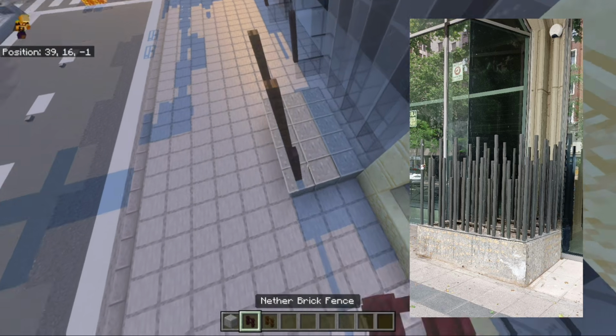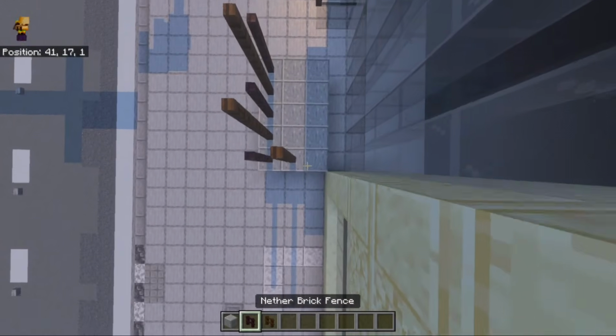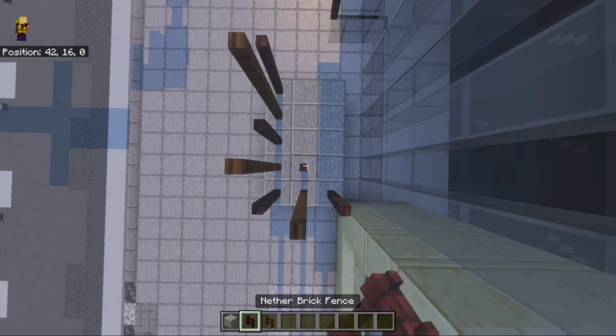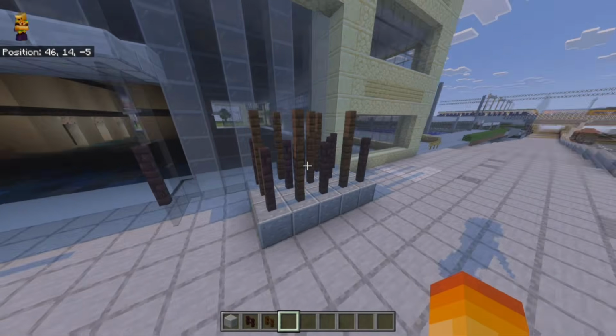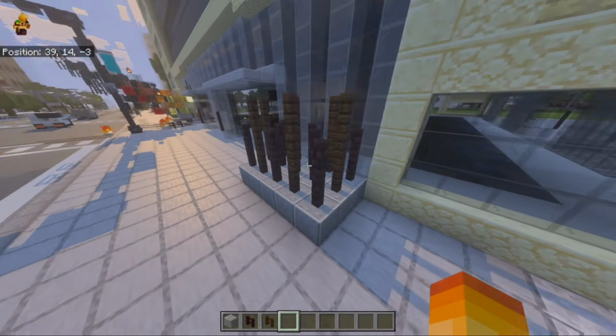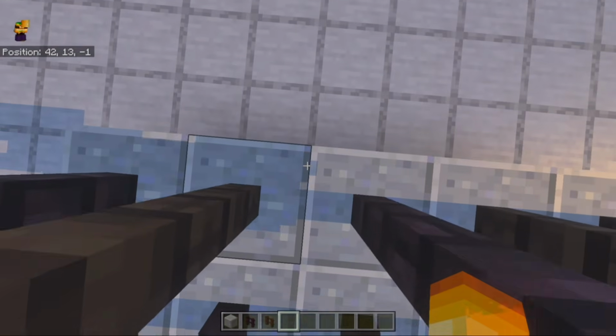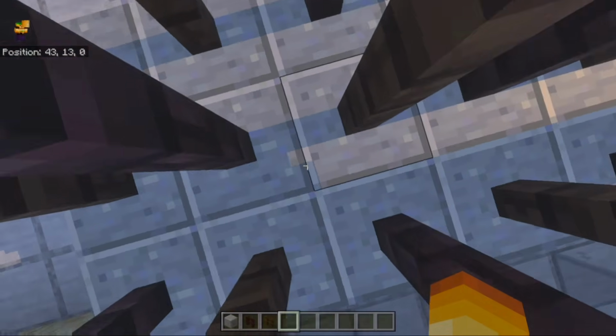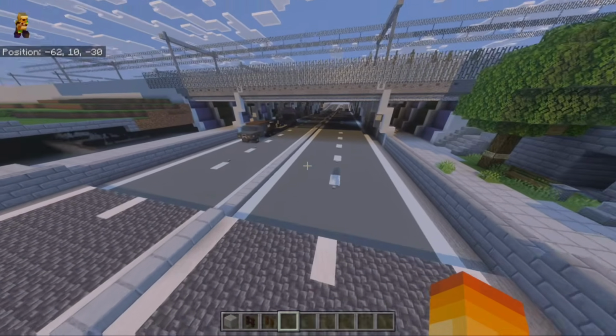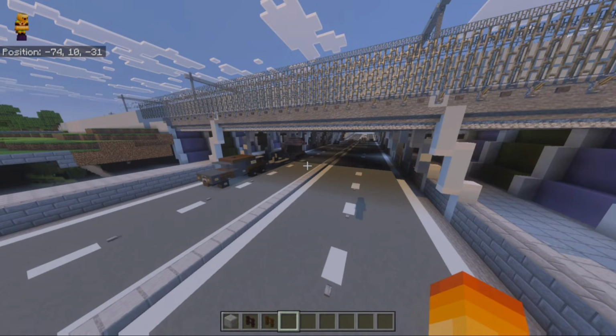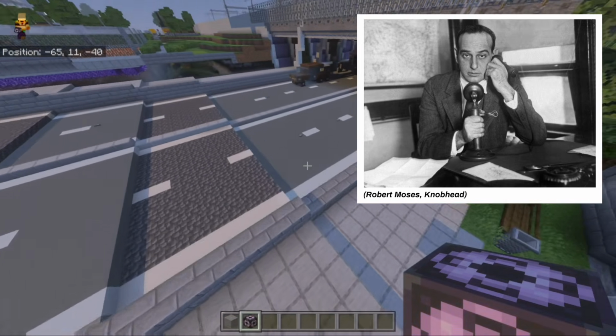All right, now this is coming together. This is proper ugly, you know, just the way we wanted. Wow, this just looks proper awful. I think I'm gonna break this after this video. I mean, if you really try that, this is Minecraft, but you know, you could just lay in between of this. Now, my biggest inspiration for hostile architecture will be Robert Moses, which, even though he passed away before the